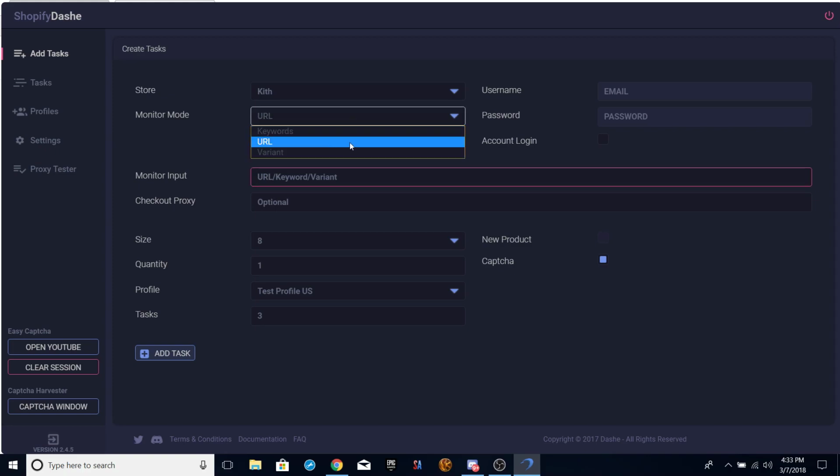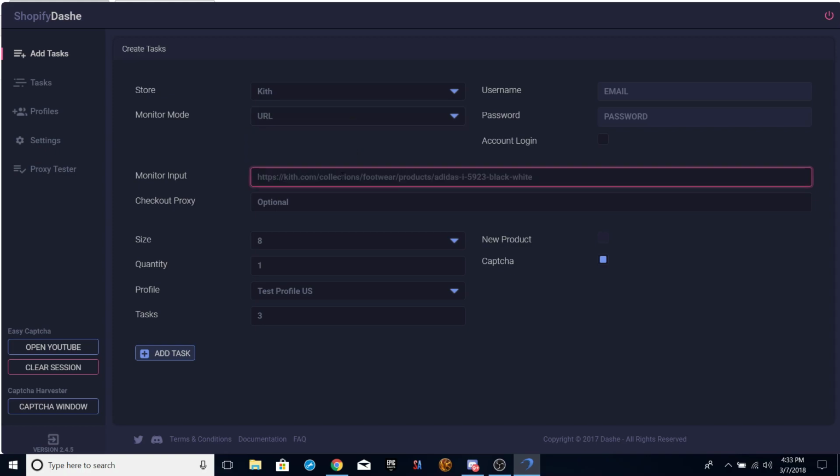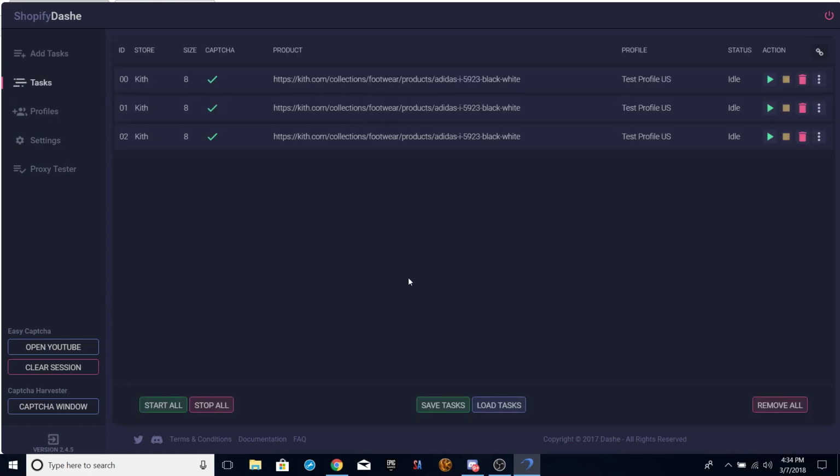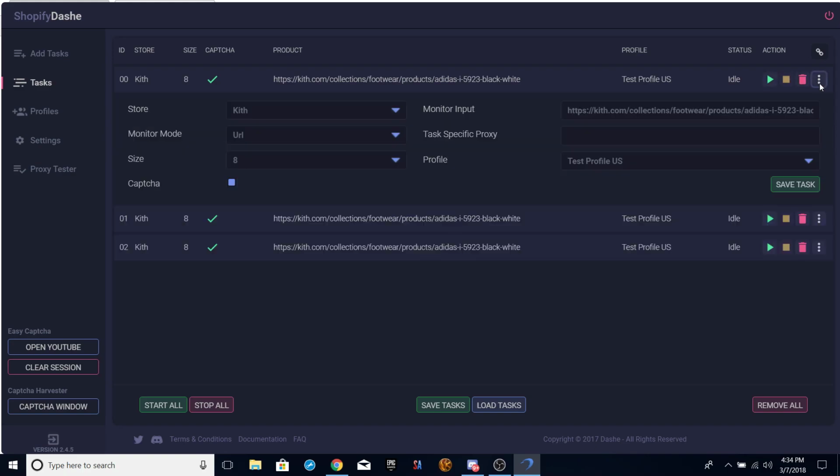URL is going to be monitor mode because in this case it would be considered an early link. And then I'm going to add my tasks, which will come here, as you can see. So test profiles, because I'm not checking out. Product, size, captchas are on, store, ID, status. This is going to be start, stop, and delete. And then this is where you can make quick fixes to your tasks, and always make sure to hit save task at